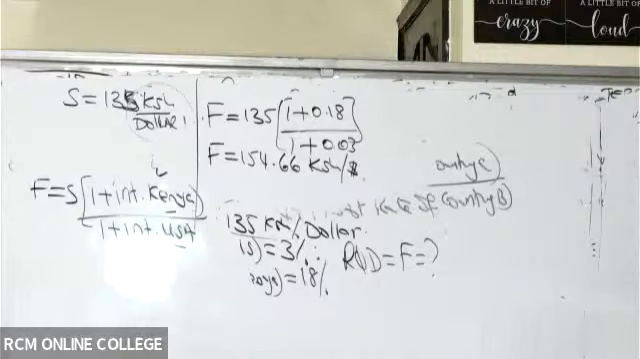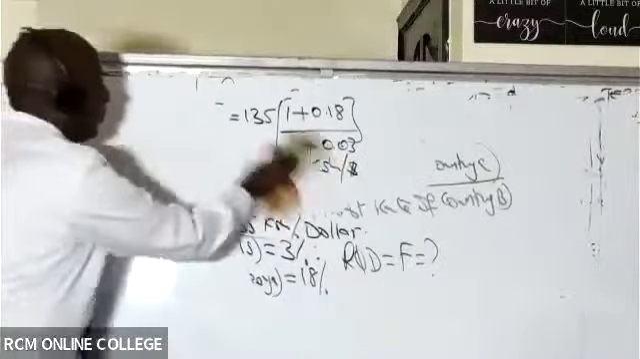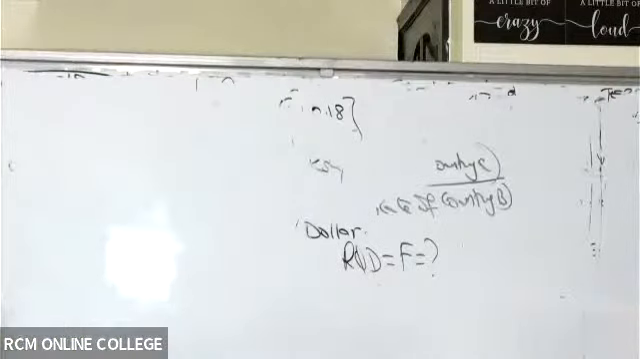All right, so here I am. We are writing a question down here. The question reads: assuming that the annual interest rate in Kenya is 14%, whereas the annual interest rate in the US is 12%. Full stop. The spot rate is